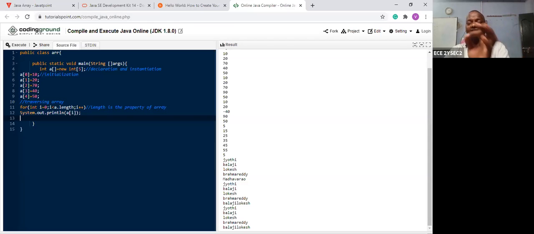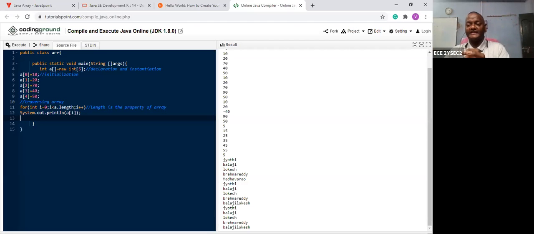What is the data type in the array? Suppose here I want to store the integer data type. So that is int. What is the name? A. So A is a variable. The brackets stand for the representation of the array. Now, is it new or old? New. So that's why new. New indicates a new array should be created.